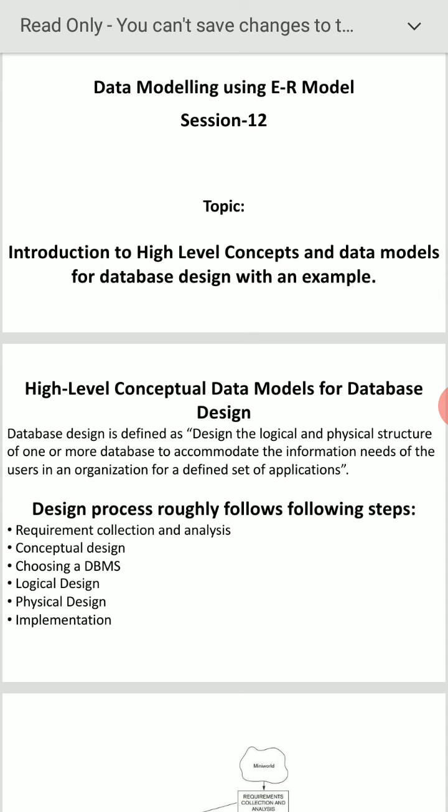Then conceptual design: how to store the data, what to store, where to store. Choosing a DBMS. Next you have to do the logical design. Logically you should have a picture of the design, and according to that you can write the code or commands. Then physical design. Then implementation finally.